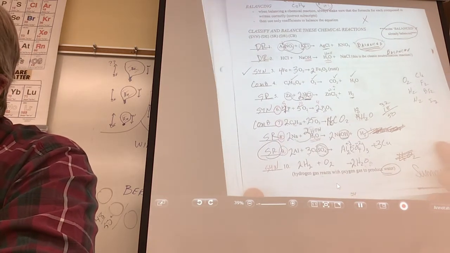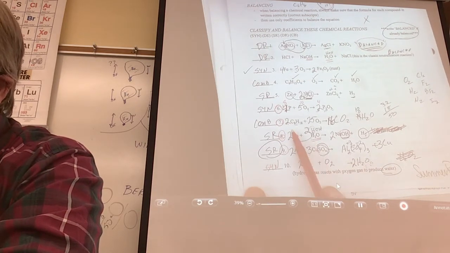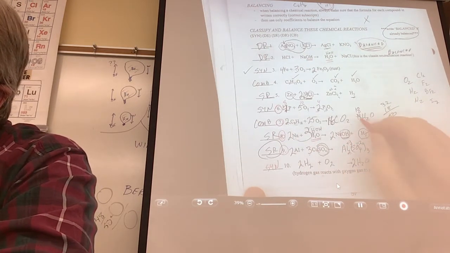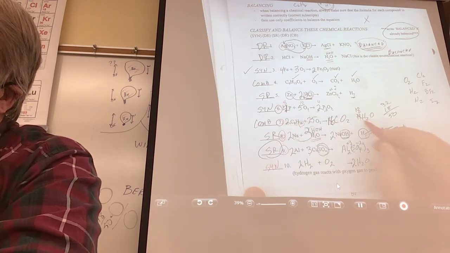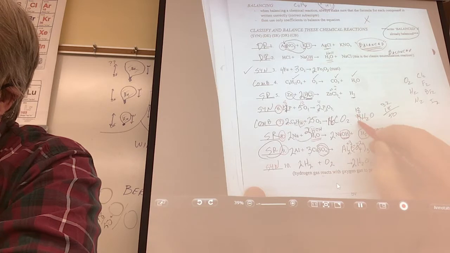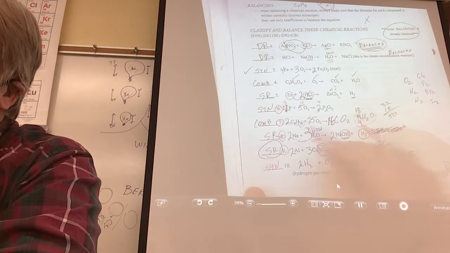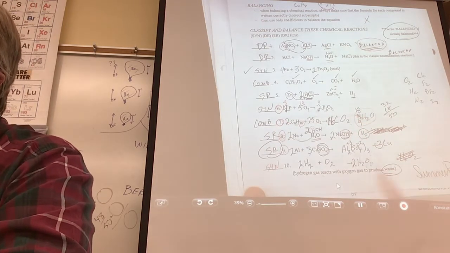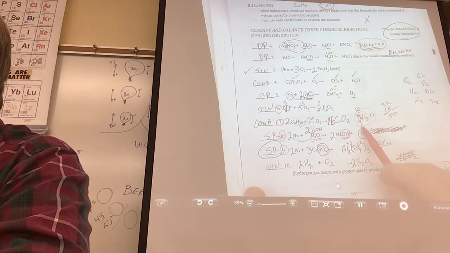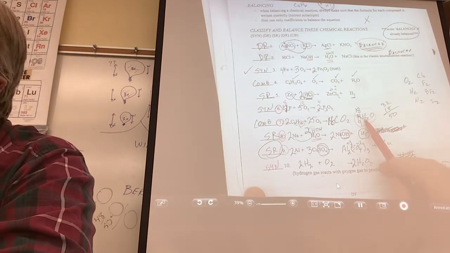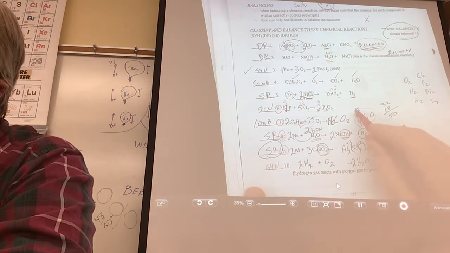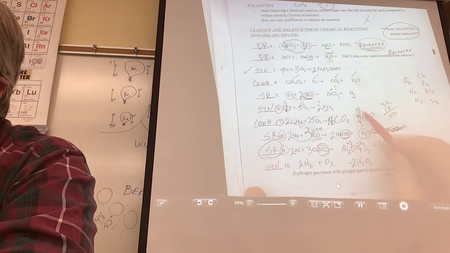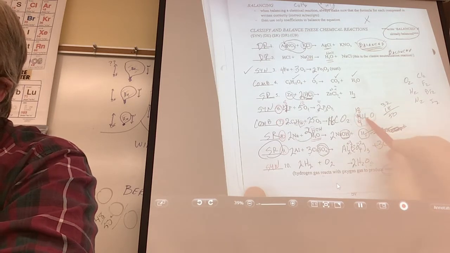If you have a combustion reaction, see this 18 here? If it looks like you're supposed to put an odd number in front of the water of a combustion reaction, what are you supposed to do? Because you'll never balance it. If you put an odd number in front of the water on a combustion reaction, it won't balance. So what do you have to do with that number? You double it. And now if you do that, it's going to be simple. 18 times 2, 36 hydrogens,